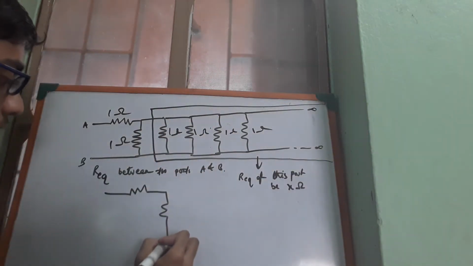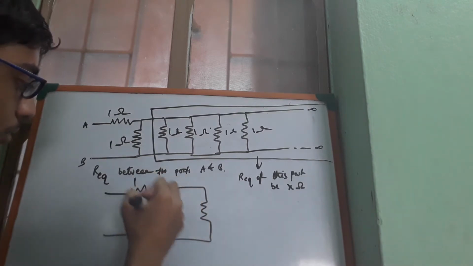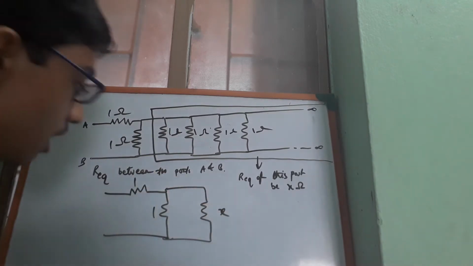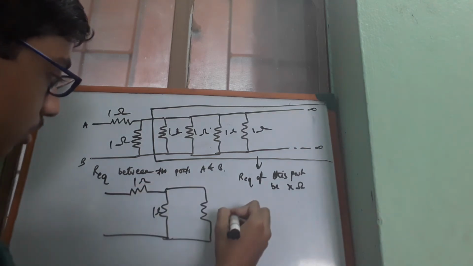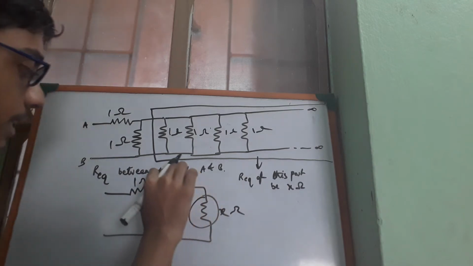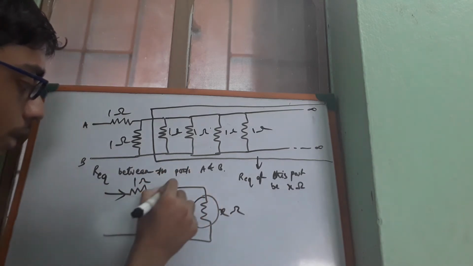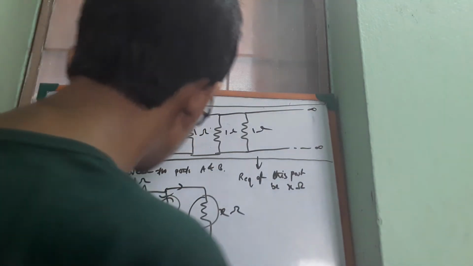So how can we redraw the circuit? Like this. So this is 1, this is 1, this is x, right? Now see, this is 1 ohm and this is 1 ohm also, and this is x ohm. So these two resistors are connected in parallel. This is obvious, right? Because suppose the current is flowing from here. At this point, the current is breaking into two parts. So obviously, that is enough to convey. So this is in parallel.